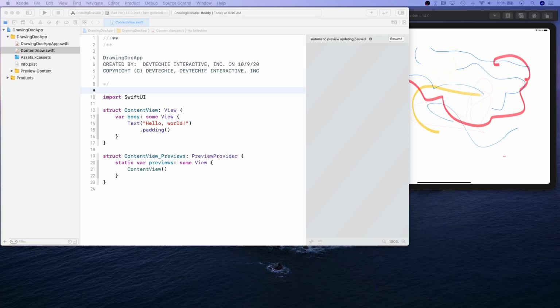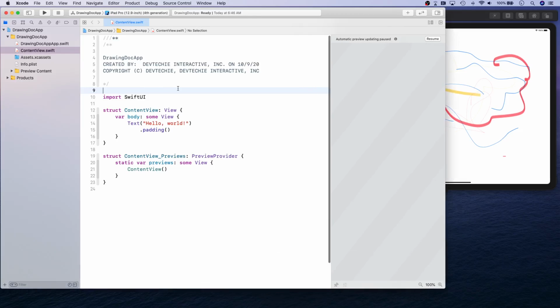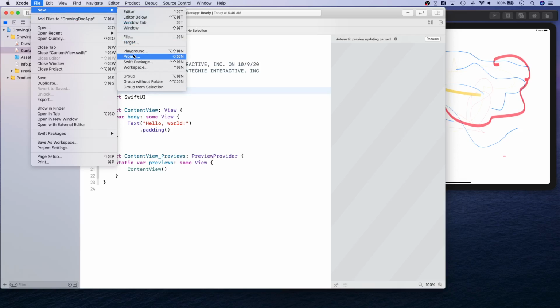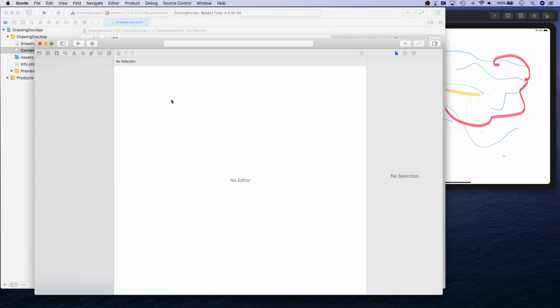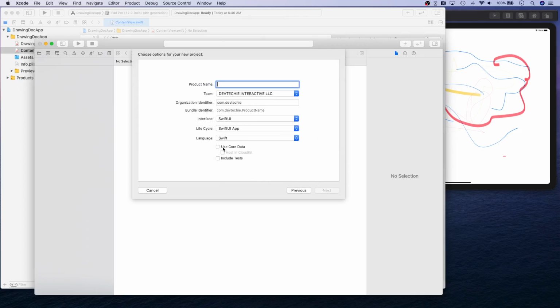Hello and welcome back. In this video, we are going to be starting our project. I have already created this empty project. What I've done is, when I went to File, New Project, I selected iOS app. Click Next. I made sure that core data is not selected because the template in SwiftUI, especially in Xcode 12,